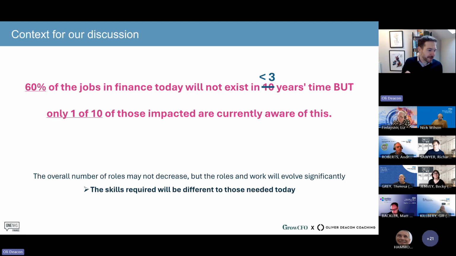Now, people often ask me, Oli, do you think AI is going to take my job? And my answer to this is, I don't think that AI directly is going to take any of your jobs, but I think it's quite possible that if your boss employs somebody else onto your team and they are able to do somewhere between 2 and 10 times the amount of productivity and work that you can using AI, then obviously, if you were your boss, what might you do in that situation?